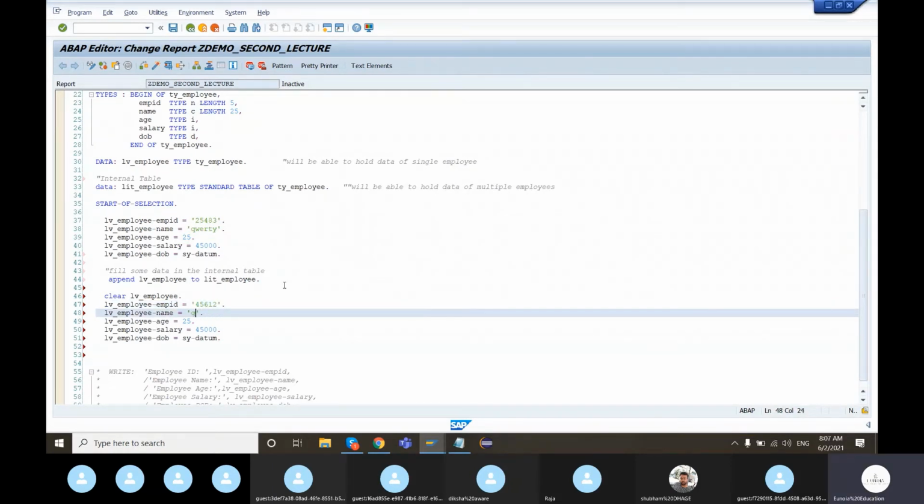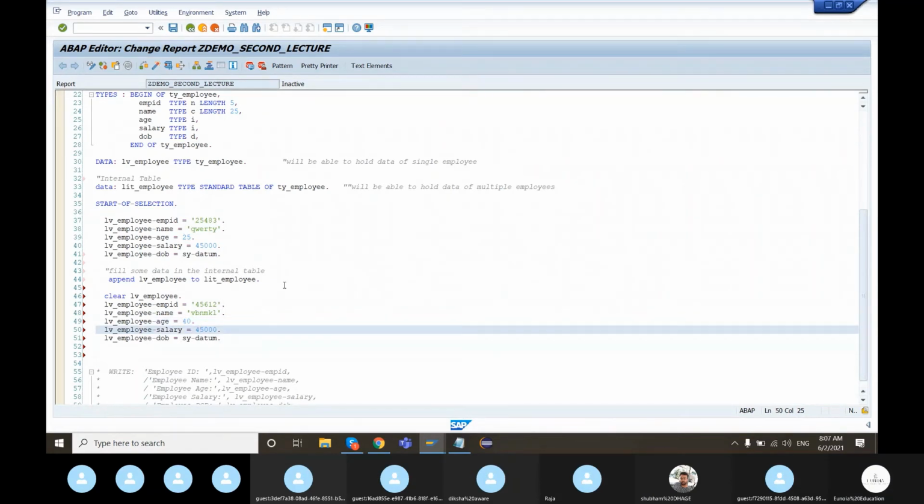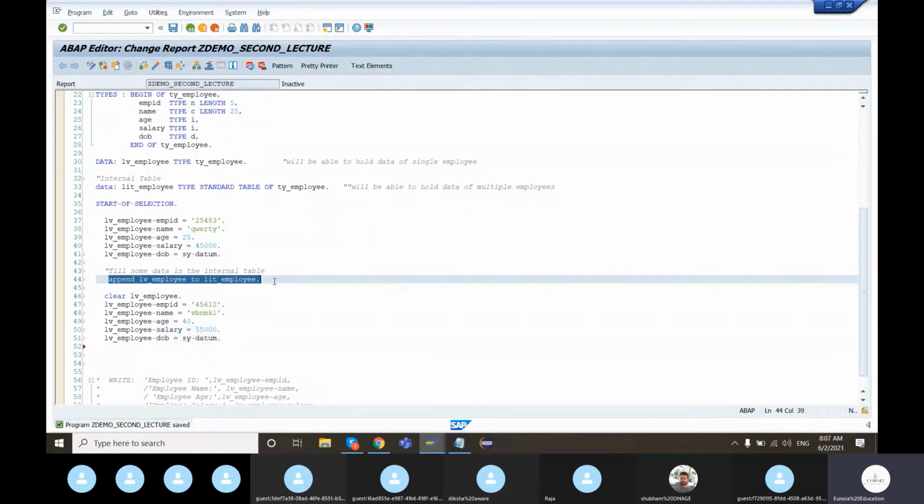I'll just change the name to something like this. Date I won't change, let it be as it is. So what I can do is again use the same statement, append.